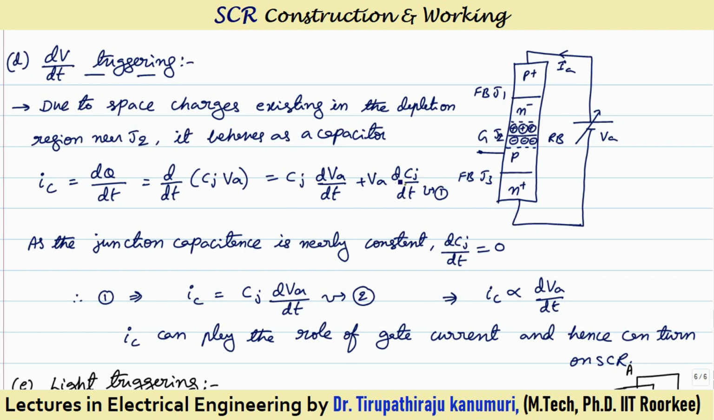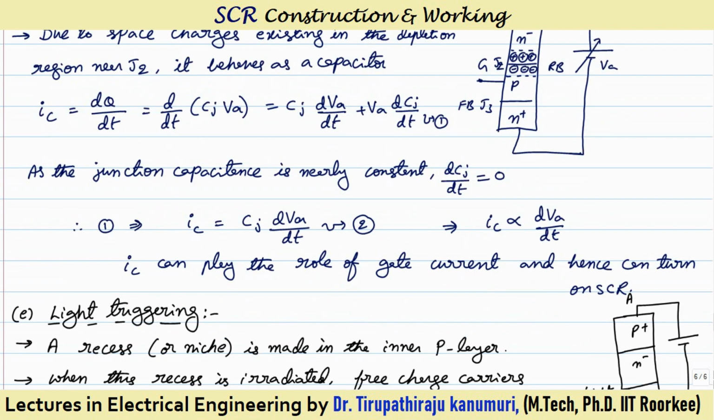Out of this, Cj is nearly constant, so dCj/dt will be equal to 0. The only term that will remain is Ic equal to Cj into dVa/dt. As Cj is constant, I can say that Ic is proportional to dVa/dt. So if you can change the rate at which Va is changed, that means you can apply the pulse in such a way that dVa/dt is